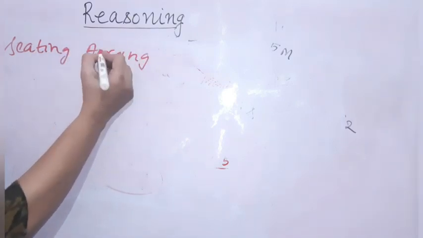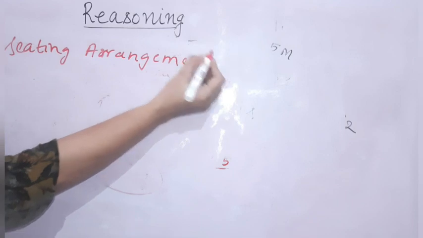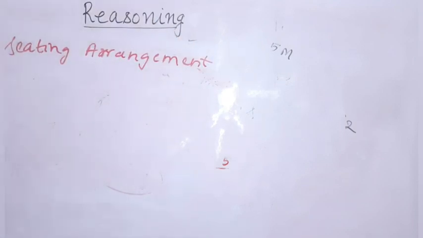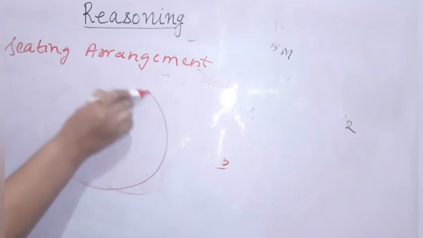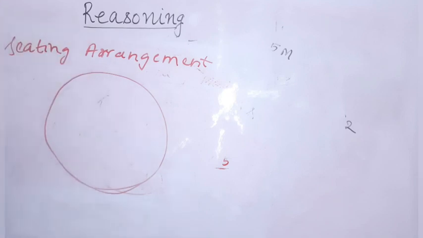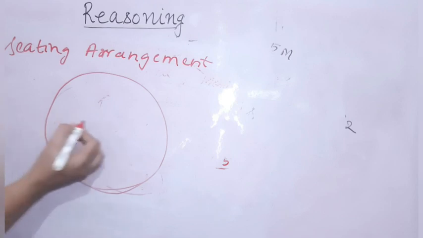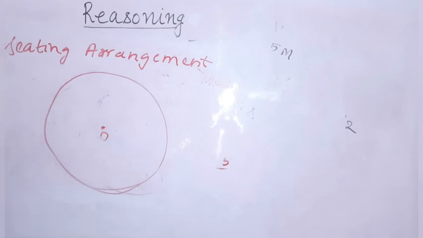Okay, students. Now the question is: 6 friends are sitting in a circle. Just make a circle, and as per the condition of the question, draw your diagram. They are facing the center of the circle. So this is the center of the circle. Everybody is facing the center. Deepti is between Pradeep and Pankhudi. Kriti is between Rajesh and Amit. Pradeep and Rajesh are opposite to each other.